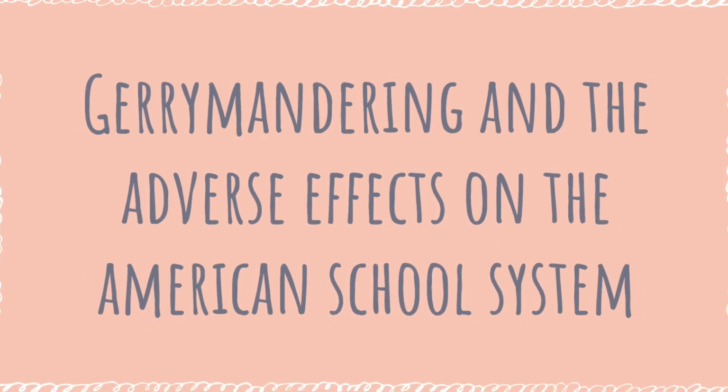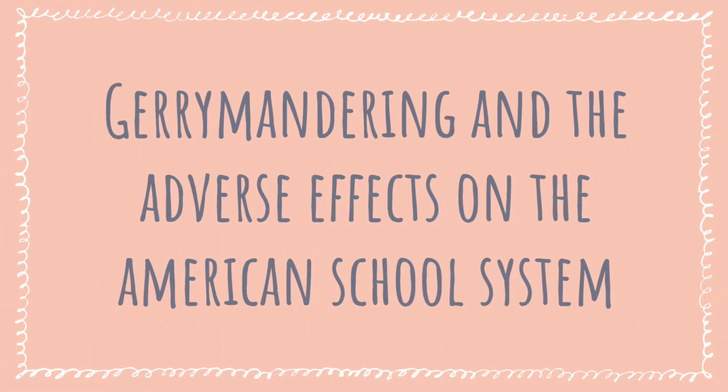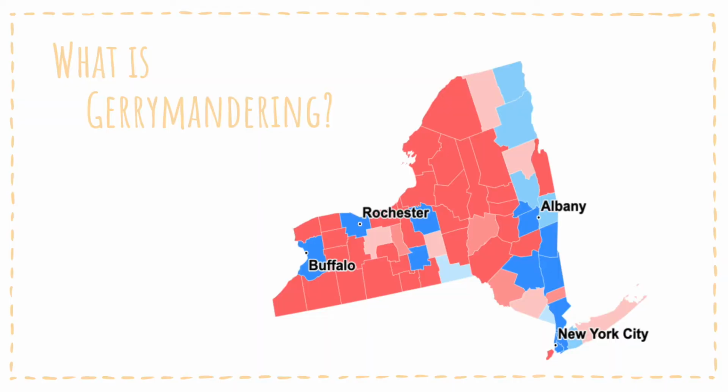Gerrymandering and the adverse effects on the American school system. Gerrymandering is a complex topic and will be difficult to cover in a few short minutes. However, it is a side effect of political gain that causes detrimental side effects to our school systems, and this is why. Gerrymandering began in Massachusetts in 1812, when Elbridge Gerry approved a redistricting plan to give the political advantage